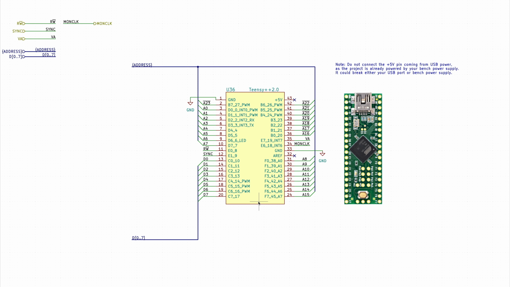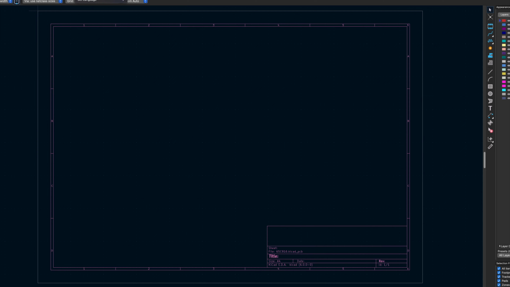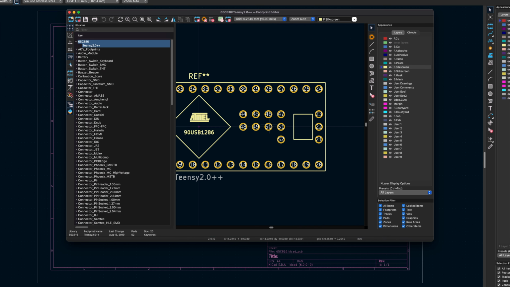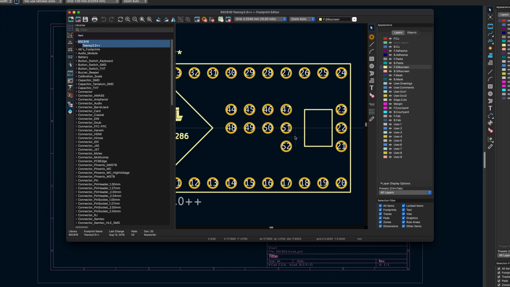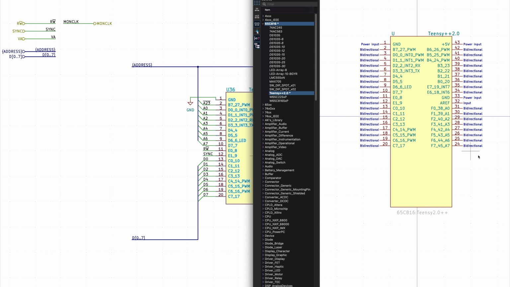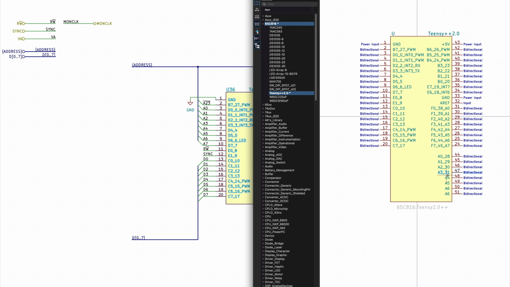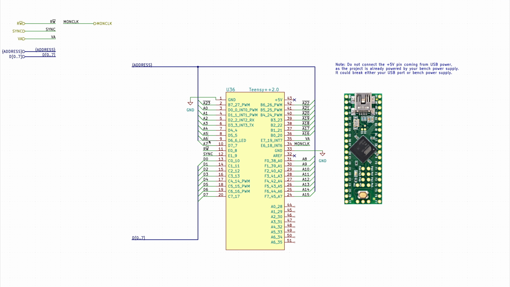So let's go ahead and add the new ports for port A to our schematic here. And we can take a look at the footprint I'm using for the Teensy to get the pin numbers. As you can see here, the pins go from 44 to 51. There we go. And so we have connected the address pins. And for now, nothing is connected to port D. Now, I said I wanted to be able to control the clock from the Teensy, and